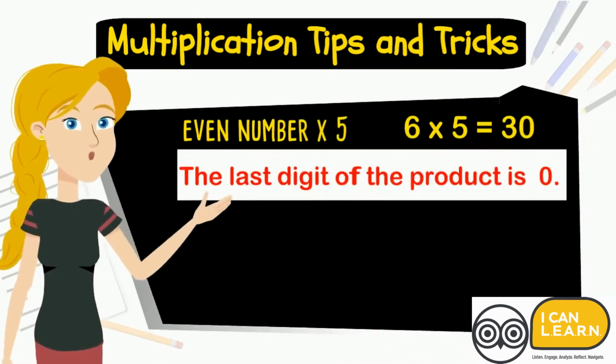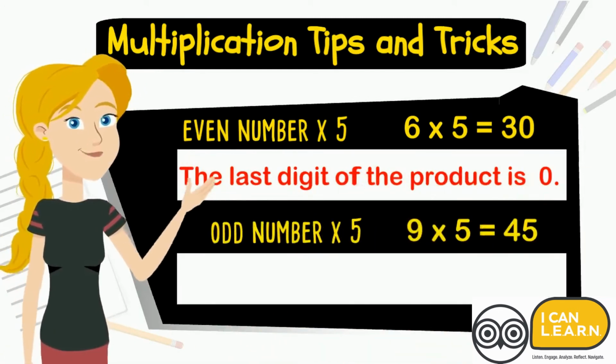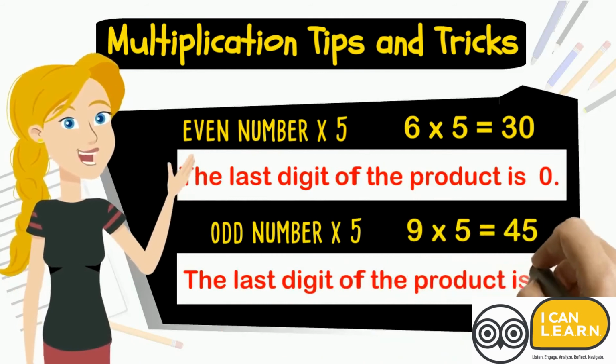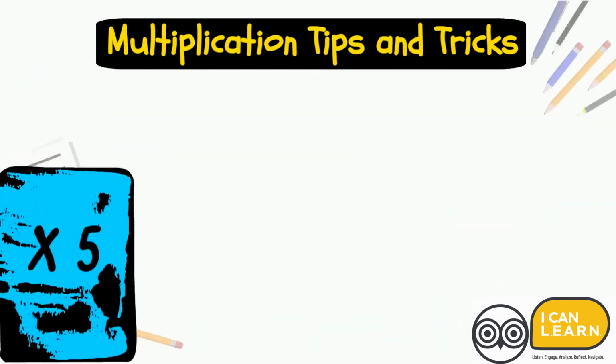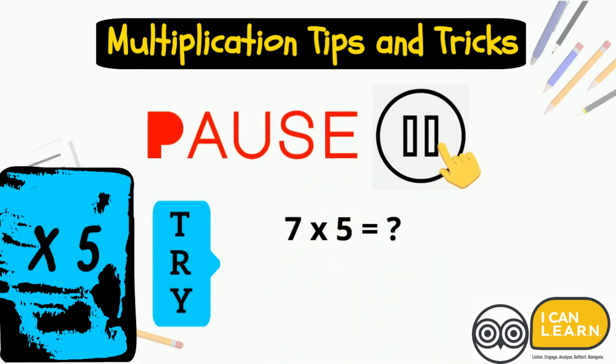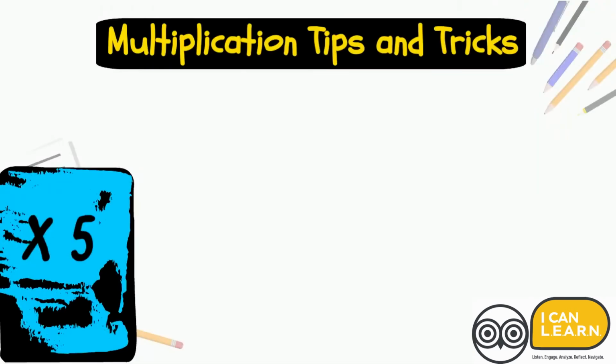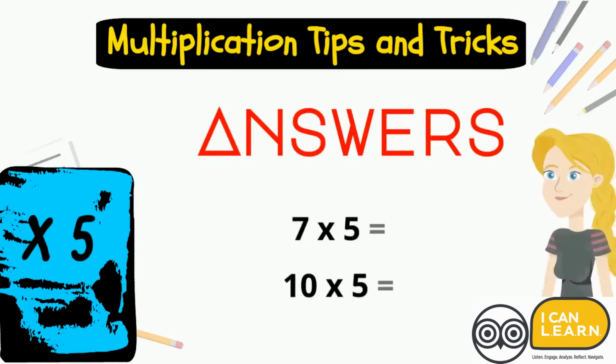On the other hand, if you multiplied an odd number with 5, the last digit of the product is 5. The answers are